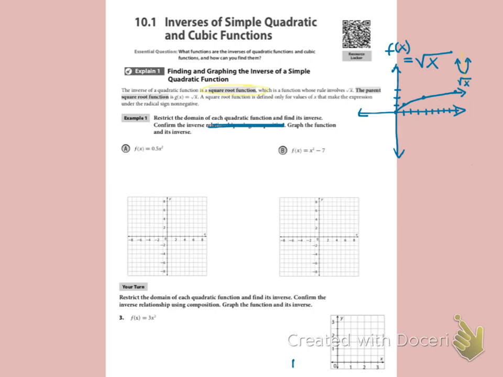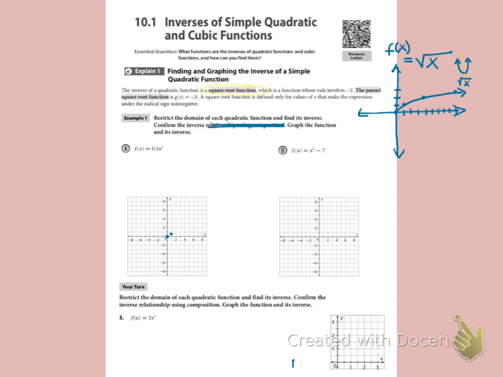So first of all, this original function, if we look at that quadratic, we know transformations of quadratics, that 0.5x squared seems to be a vertical compression by a half of the parent function. So if I wanted to graph that function, I could make a little table of values, or I could just plug in some points. If I plugged in 0, 0 squared is 0, times a half is still 0. But say I plugged in 1, so 1 squared is 1, and then 1 times a half is a half, so that would give me a point right about here. And then if I plugged in -1, squared is also 1, and then half of that would put me at